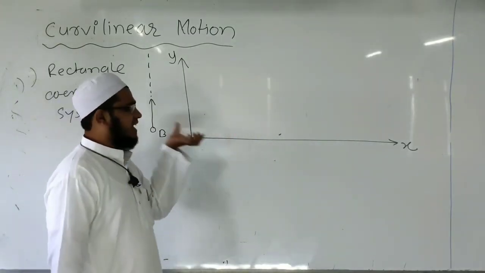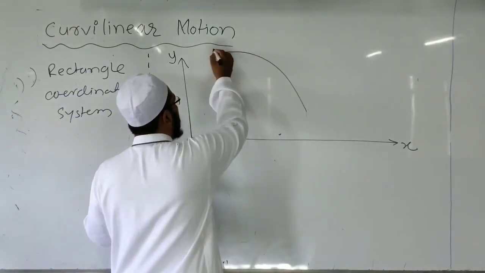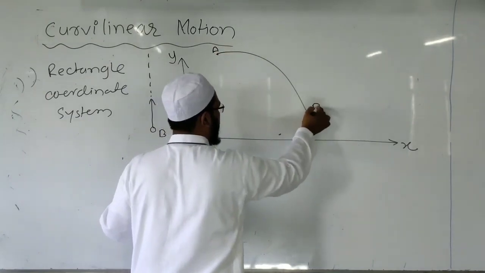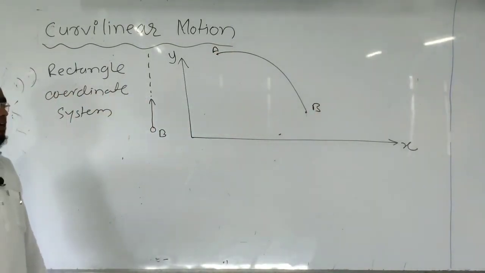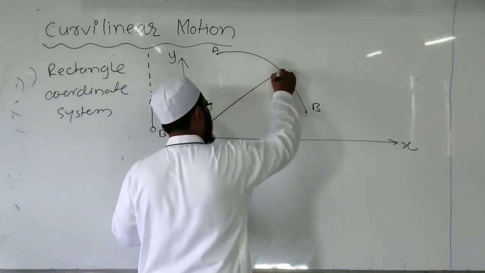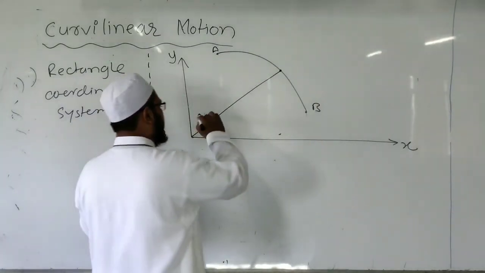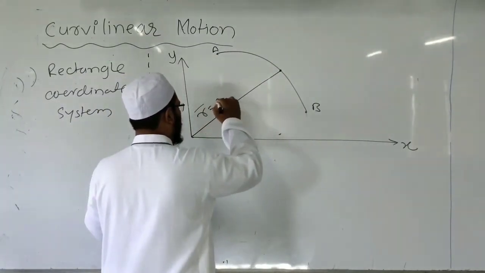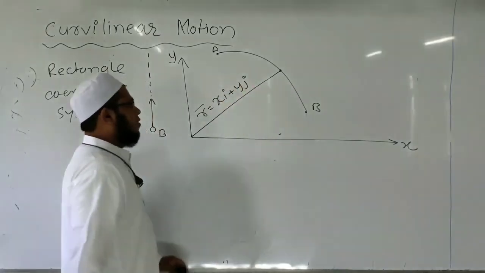general coordinate system X and Y. Assume that a particle is moving from position A to B, performing a curved path, moving along a curvature. So the position of this particle can be described with the help of the position vector r bar equal to xi plus yj, where i and j